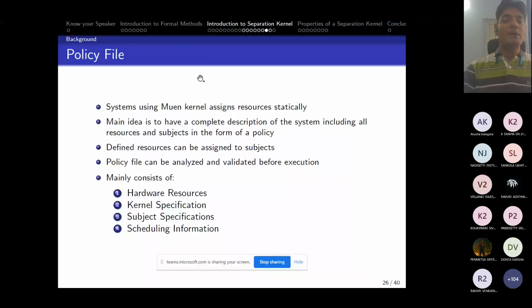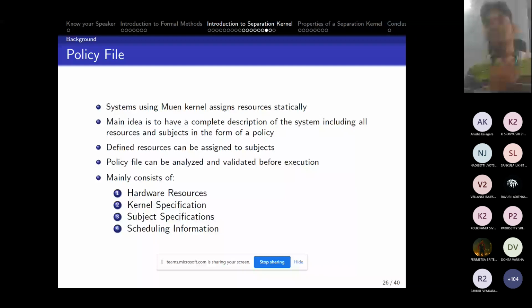And as I said, there will be a policy file. In this policy file, we can write everything, like how many processes we have, how many subjects we have, which subject is going to reside where, and which subject will execute first and which subject will execute next. All this information you can write in a policy file before deploying this system.